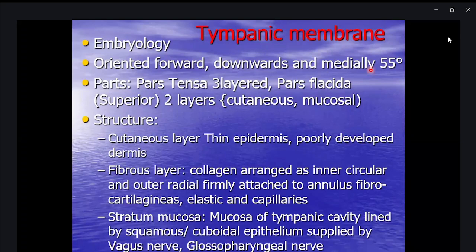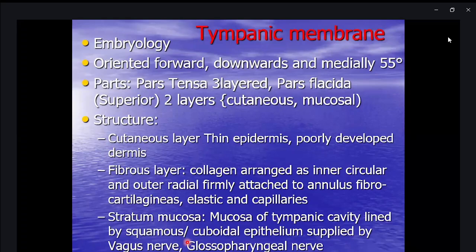So structurally, the tympanic membrane externally is a cutaneous layer, it continues with the epidermis, and then internally is a mucosal layer, continuous with the lining of the nasopharynx, both cuboidal and squamous epithelia. The external part is supplied by the auricular branch of the mandibular nerve. The internal parts are supplied by the glossopharyngeal nerve,